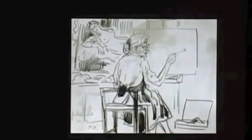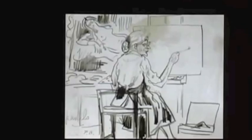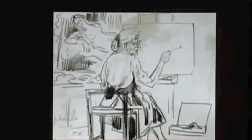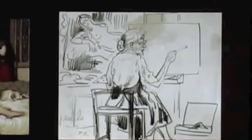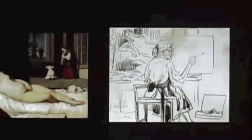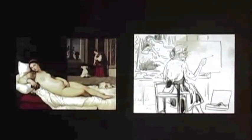This is Peggy Bacon's 1931 drawing of an artist copying a painting in a museum. Peggy Bacon's one of my favorite artists. She has such humor that comes through just in this sketch alone. You can see in the background that she's working on a painting, wonder what that painting might be. Well, we found that painting. We don't have it in the exhibition. Wish we did. Titian painting that she's copying,